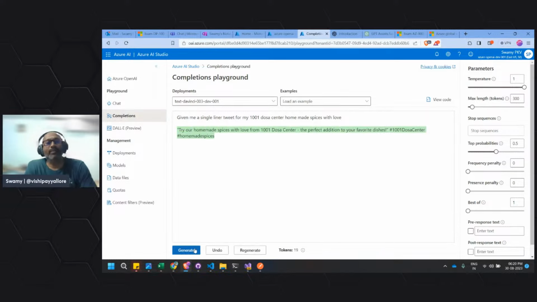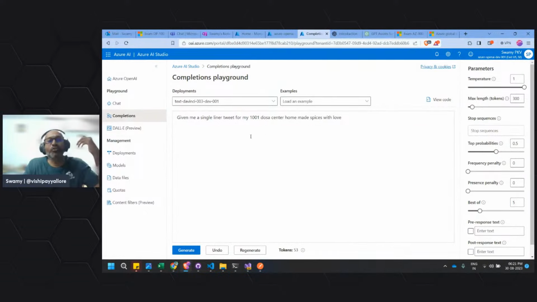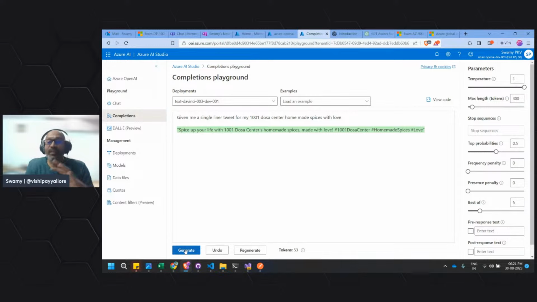So here what is happening is, it is creating its idea and giving us one line. Now what I am trying to do is tell it best of 5. That means I'm telling it, hey, generate 5 different ideas and shoot me one. Now understand, guys, you will be charged for that. It's not for just these 53 tokens. It is best of 5.